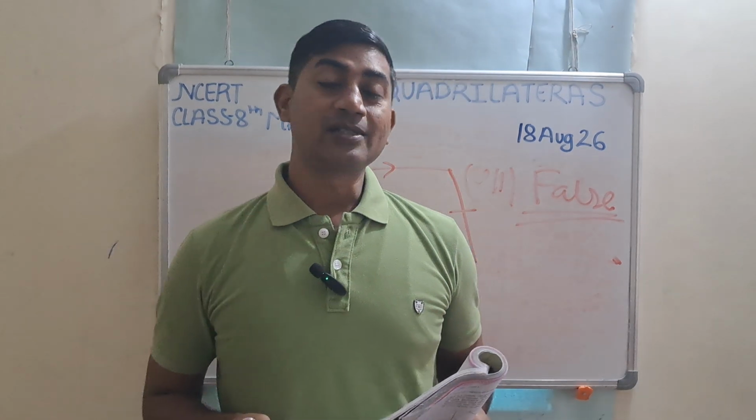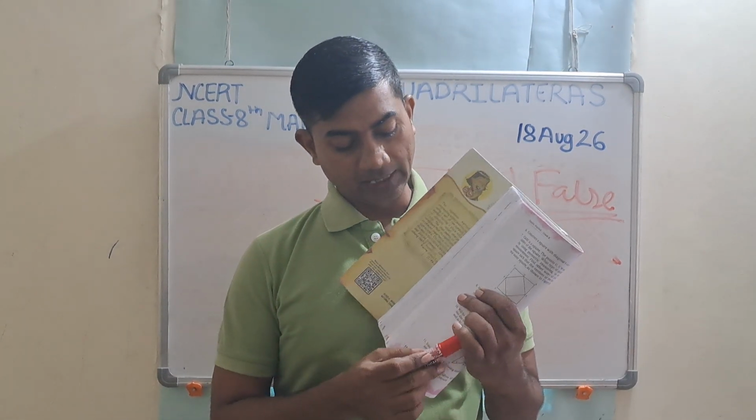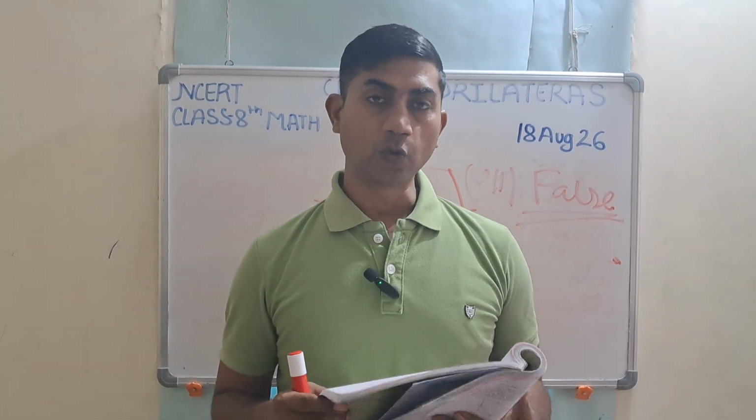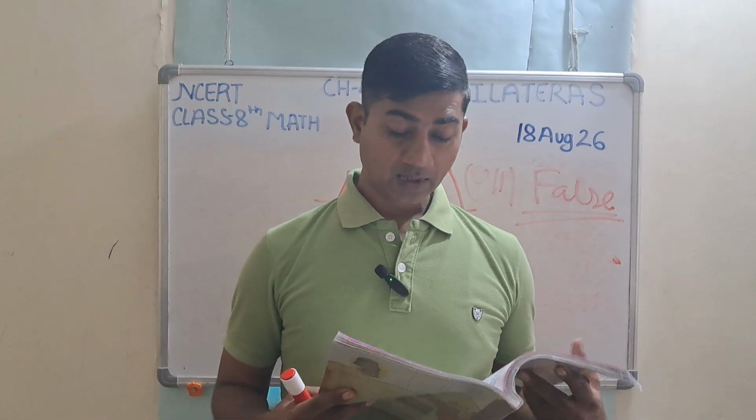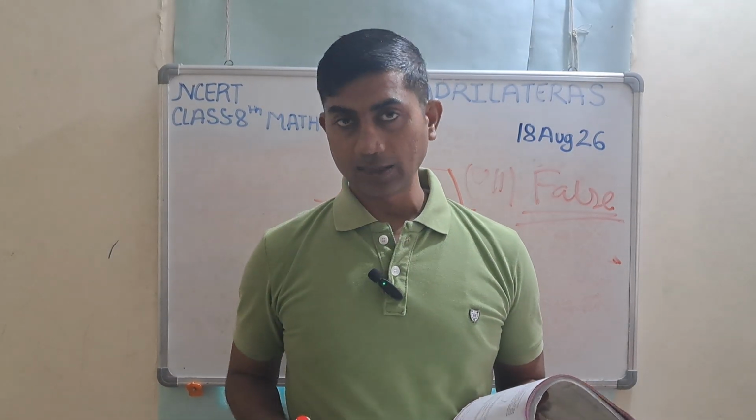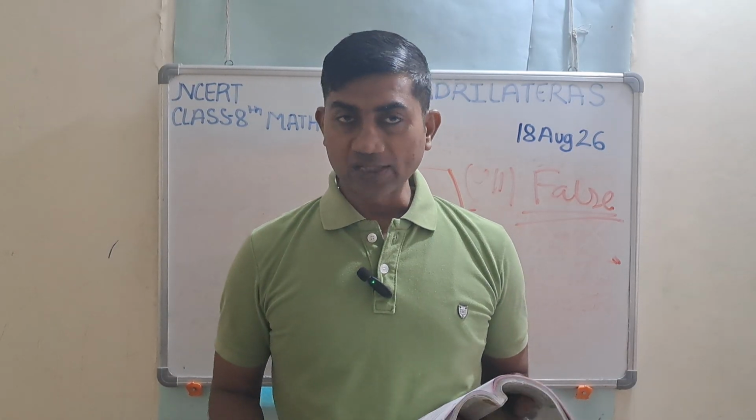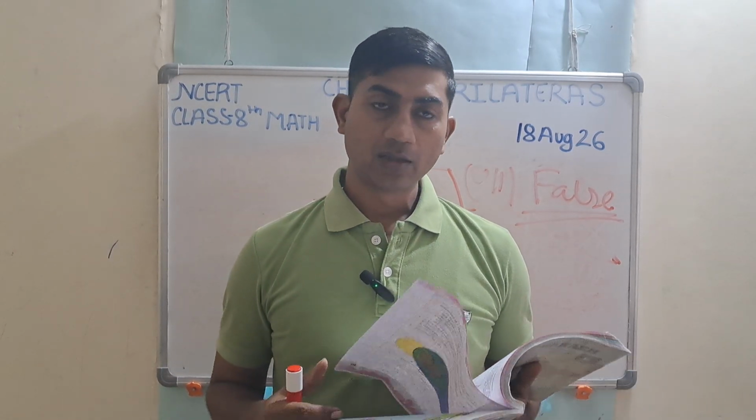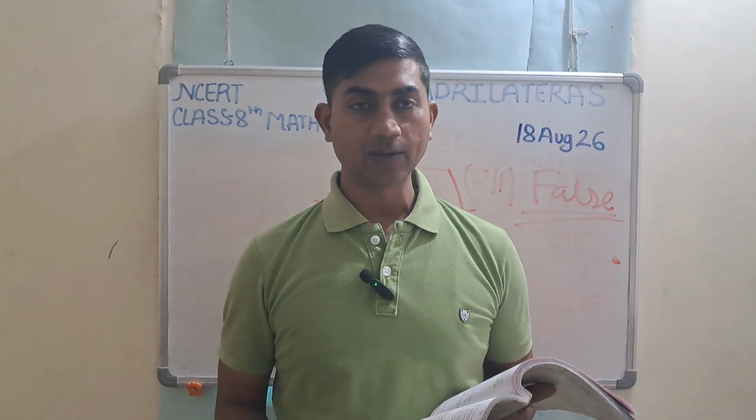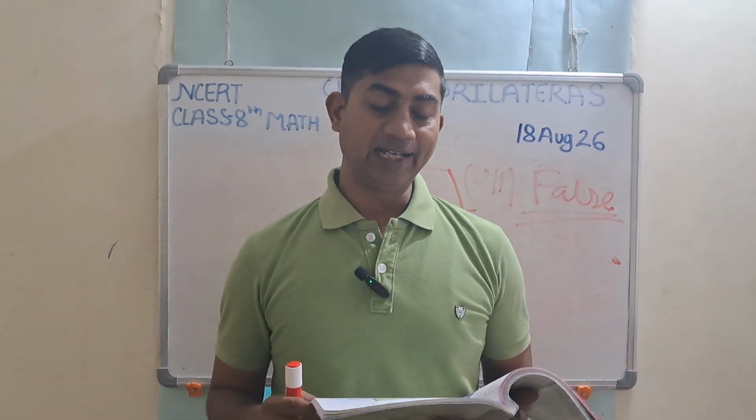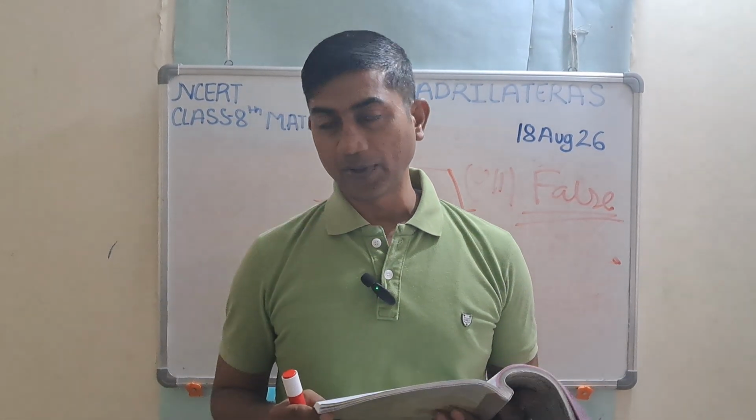So in this way, this is the end of this chapter. We have finished chapter number 4, quadrilaterals. Understood? And we have done all the exercises. Now you can go through the summary so that you will have a quick revision of the complete chapter. Understood? And at the end of this chapter, there is a puzzle given